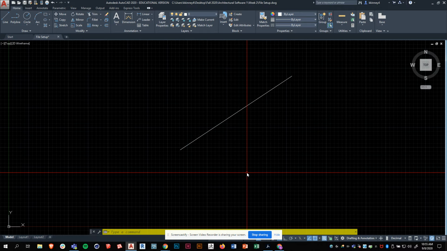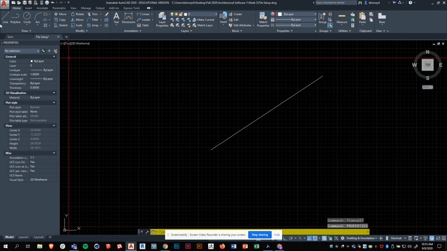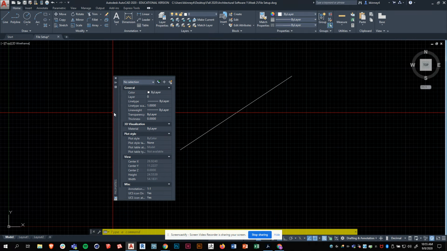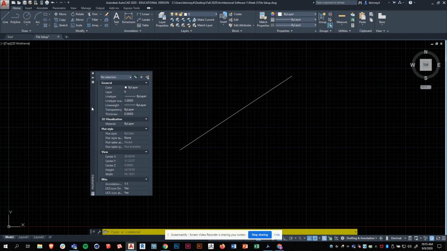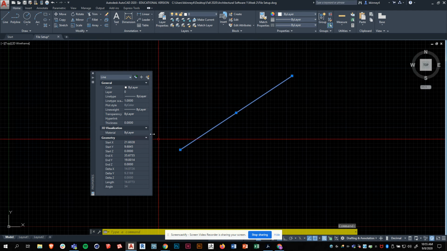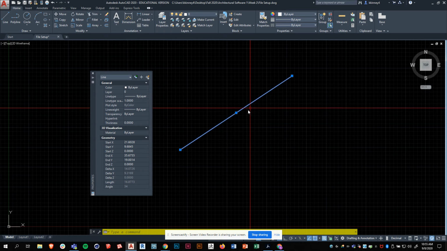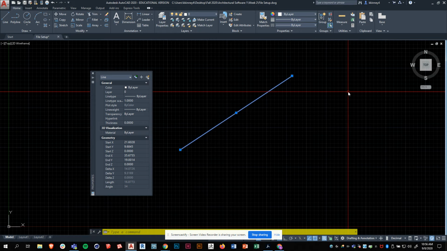So if I type in properties, I just typed it in and I'm going to hit enter. Okay, so there's this little window that opens. Now yours might open something like this, floating in the model space. So this is a very useful thing to have open. If I click on this line, this will tell me everything I need to know about this line. If I look at the bottom here, length says 16.8773. That's how long it is. The angle is 34 degrees from 0, which is horizontal. So it's really nice to have open so that I can pick different things in my drawing and see